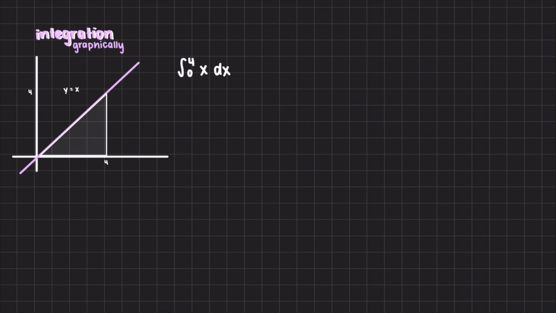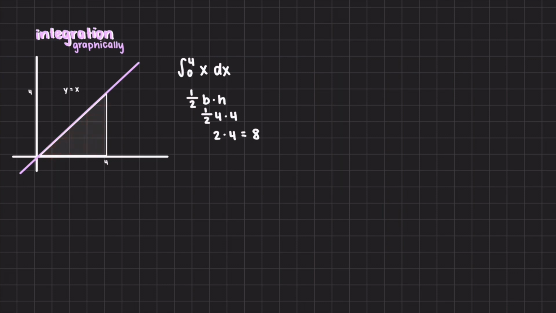So, okay, that's a triangle. The formula for a triangle is 1/2 base times height. So, okay, we have 1/2 in front. The base is going to be 4, and then the height is also going to be 4. So that turns into 8. So now if we check it with integration, we should get 8 as our answer because 8 is the area